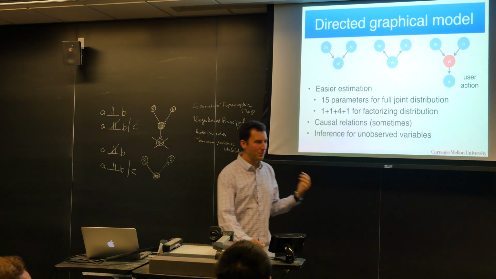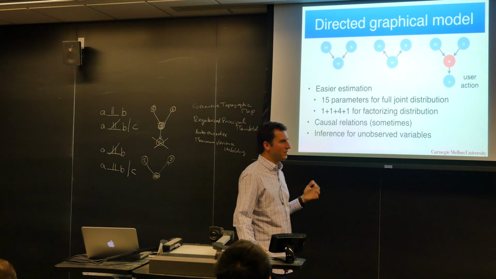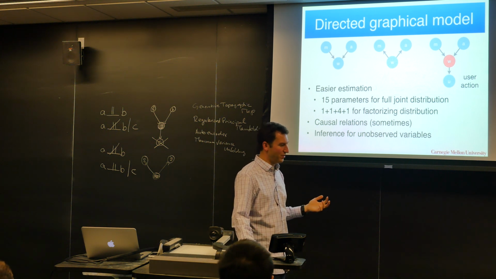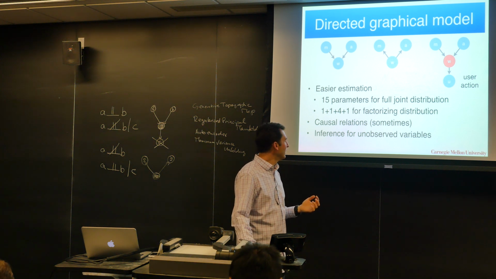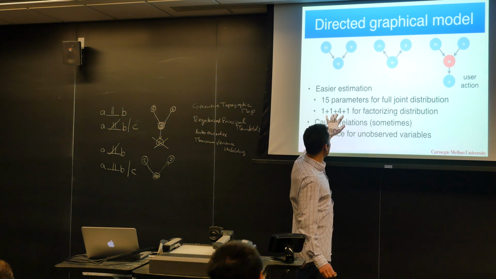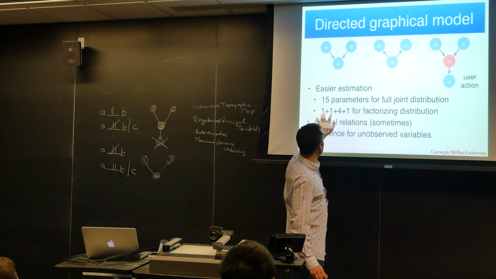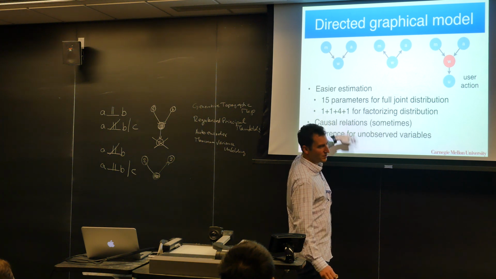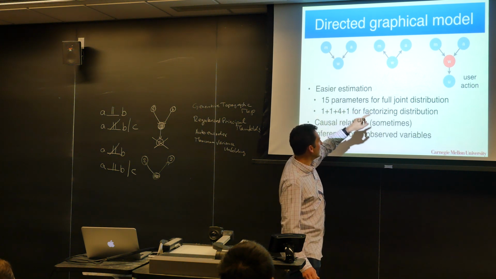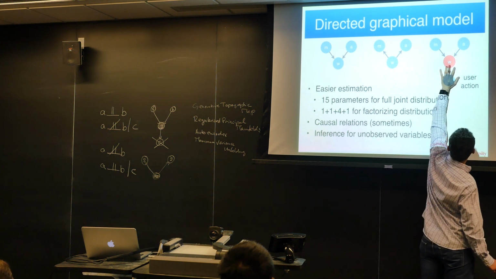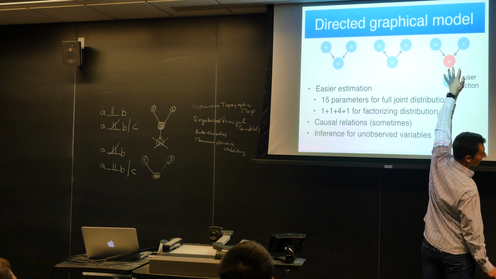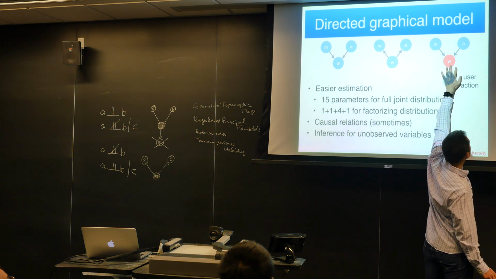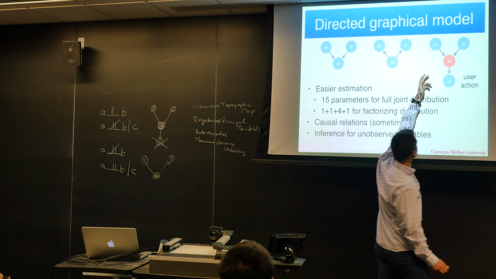Quite often, conveniently, you parameterize it with 16 numbers, but they're really not fully independent of each other, but that's fine. Now, for the factorizing distribution, well, I need 1 plus 1 plus 4 plus 1. Okay, so where do we get those from? 1 for the blue one on the left, basically for the M node, 1 for the A node, because they are binary random variables. Now, for this one here, I need 4, because I have 2 states for M, 2 states for A, so I get basically 4 possible values that I can get this for,